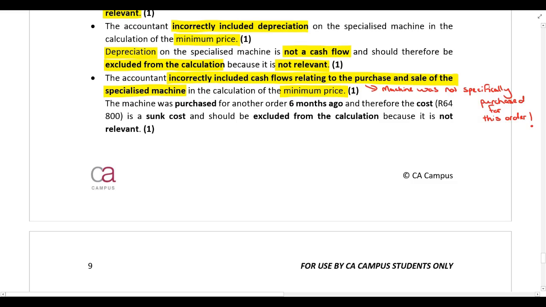Firstly, the machine was purchased for another order 6 months ago. So the cost of 64,800 is a sunk cost and should be excluded from the calculation because it is not